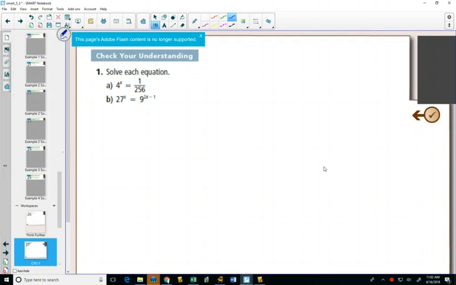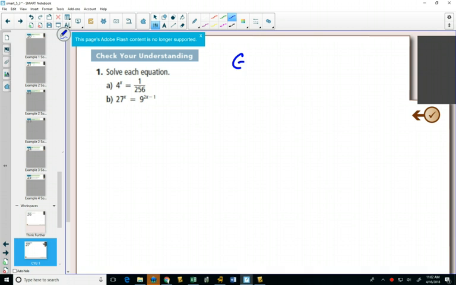These are called exponential equations. They're called exponential equations because what we're solving for, which is x, is in the exponent. Now, over the course of this unit, we're going to learn different techniques for solving exponential equations. The first technique that we're going to use, and we're going to use for solving today, is going to be